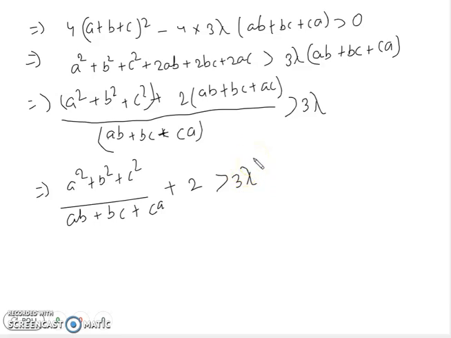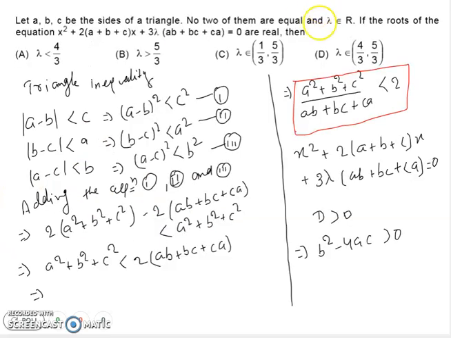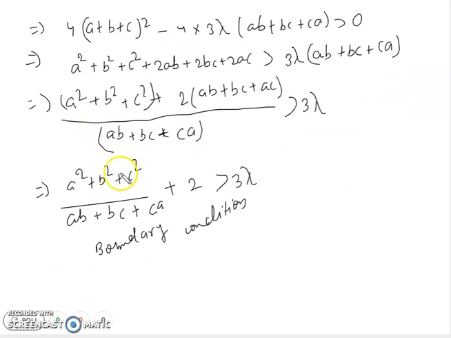Now I am going to use the boundary condition, guys, right? Okay, so we know that boundary condition, guys, I am going to use this boundary condition here. And what is the given information, guys? We have already discussed and already solved a square, this term is less than 2, guys. So according to the boundary condition, this is equal to 2, right?